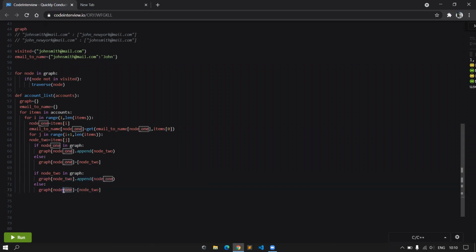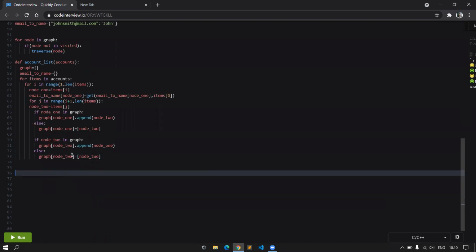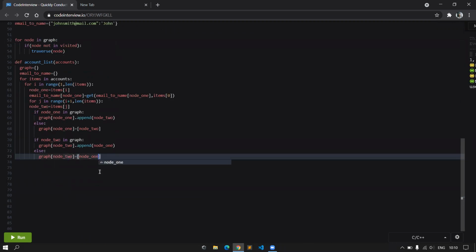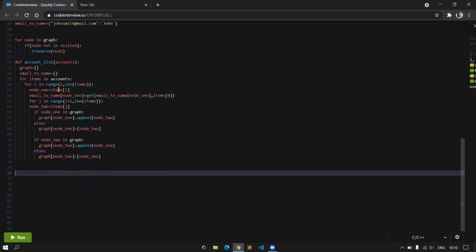And if node 2 does not exist in the graph, you make a new key in the graph and the value would be node 1. So this is how we finally have the graph constructed.